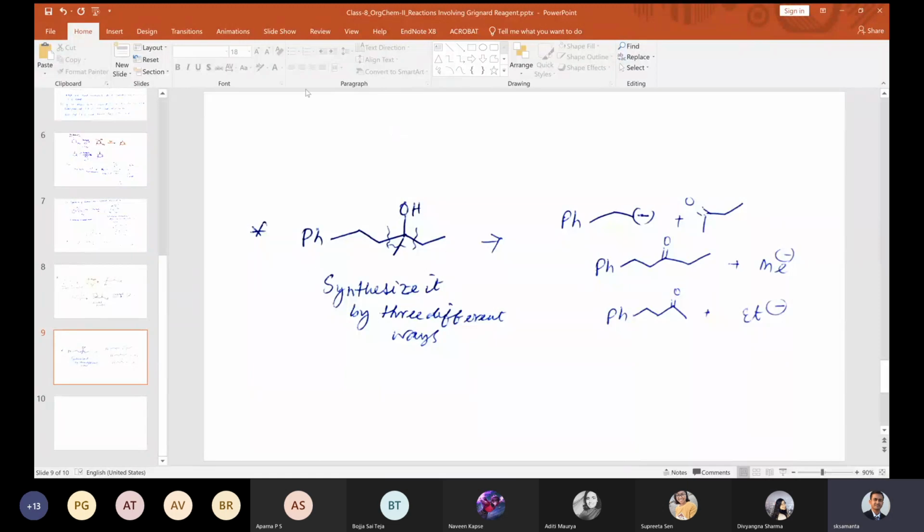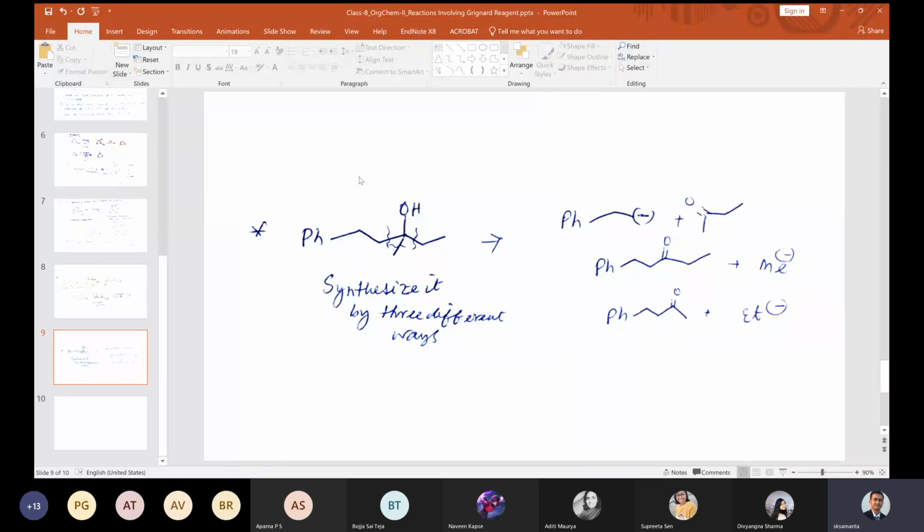So let's say I give you this product and I ask you to synthesize this material or propose a synthetic pathway. Okay, this molecule looks very simple, maybe just one step back and you can easily make it. But there could be very complicated molecules, very big and large, with so many stereocenters. How do you go back? How do you think about where to start? In those cases, you need the retrosynthetic approach.